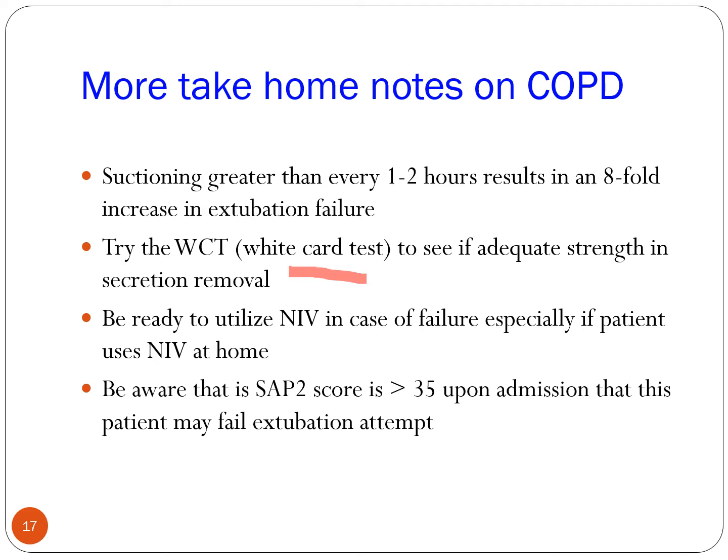Another thing you really want to know is that one of the good strategies for weaning a COPD patient is to extubate them to non-invasive ventilation, because a lot of times they're on non-invasive ventilation at home. So when you are weaning them, you can anticipate weaning them directly to NIV, and then you can wean them the other way. And the final point is this: if they have a SAPS2 score, which sometimes we don't really pay attention to, and it is greater than 35, then you know they're possibly going to be a very difficult wean, and you really have to be careful how you wean them.